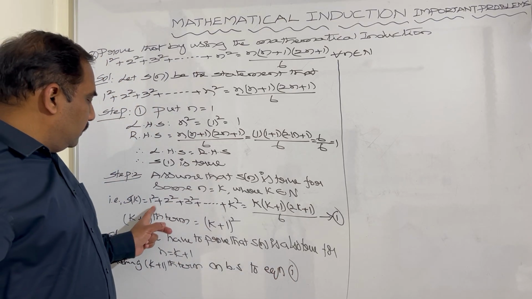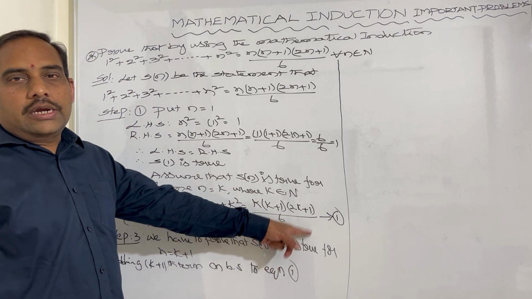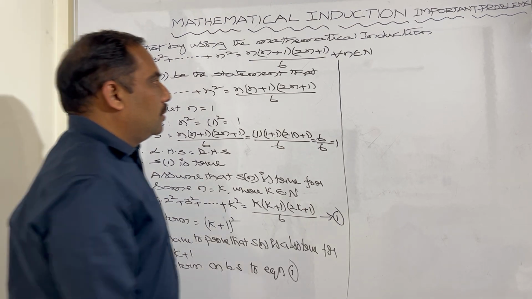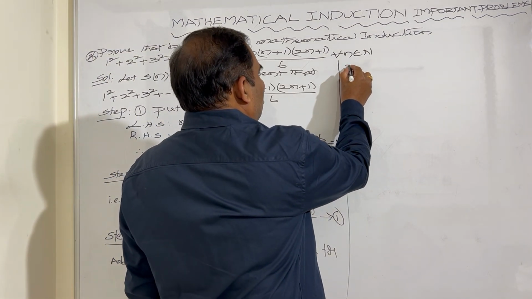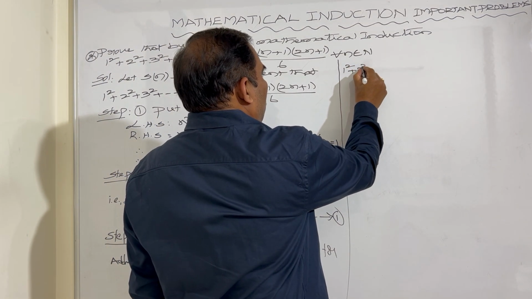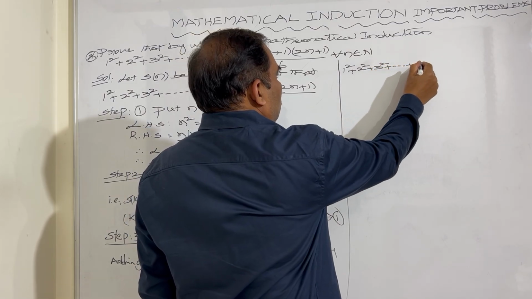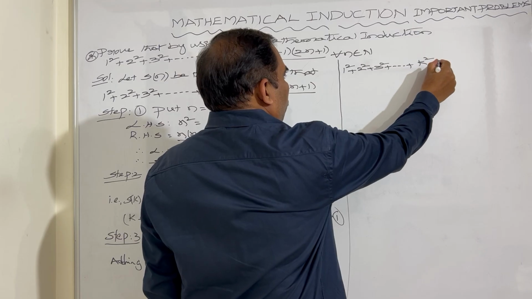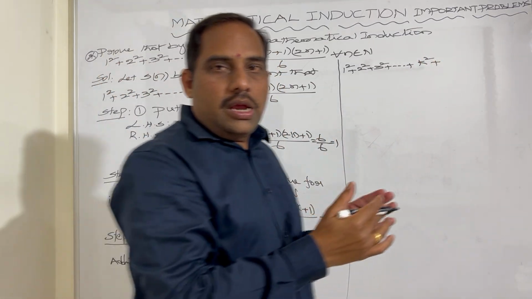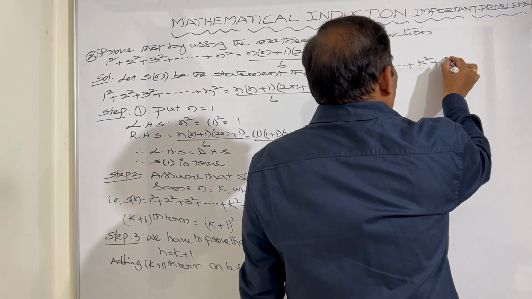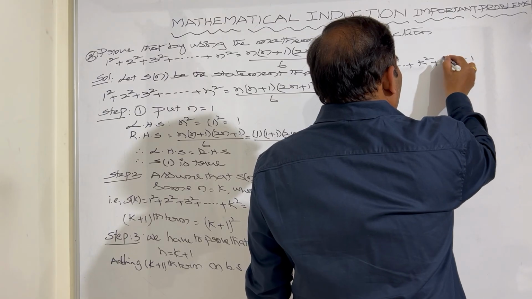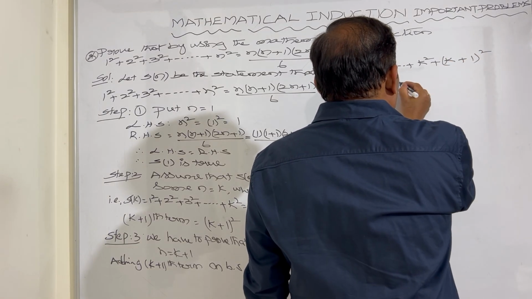Now what do you get? 1 square plus 2 square plus 3 square and so on plus k square. For this left hand side, adding the k plus 1th term, that is k plus 1 whole square, which is equal to